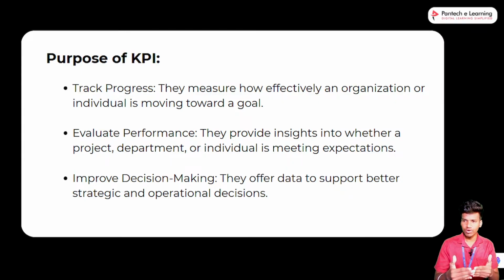First, tracking progress. First we already fix the business goal, which we already know. Then we need a process, so we make the process, right? Then they evaluate the performance: will we properly follow our process or not? That is the evaluation of performance. Finally, we can make a decision.